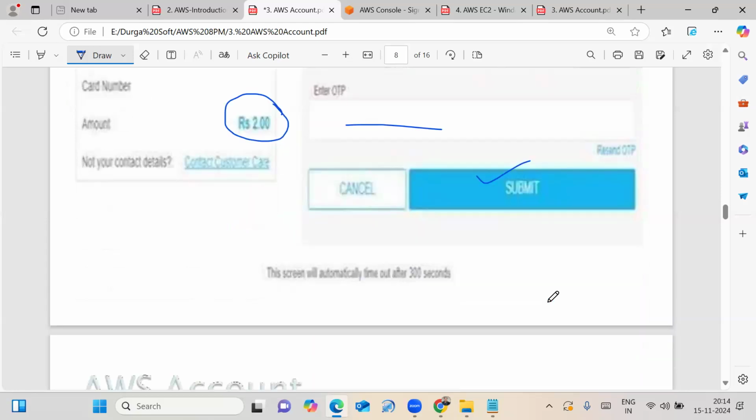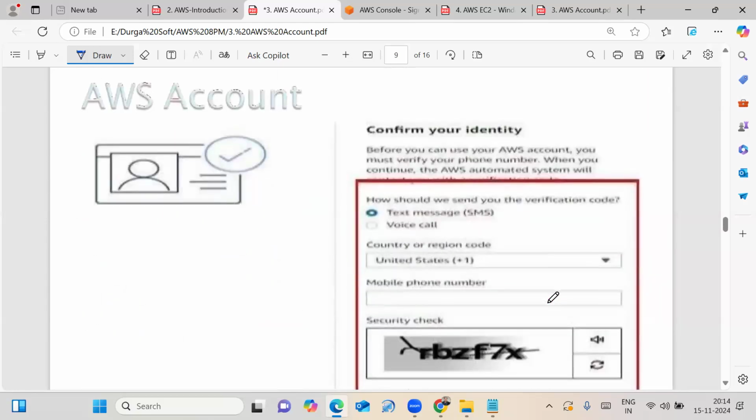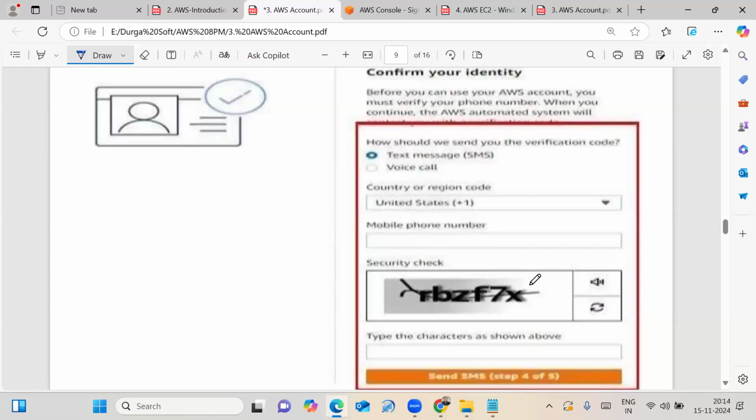Then again it is asking you to confirm your identity. You may choose either text message or voice call. Here I am selecting text message, but you may choose voice call also, no problem.